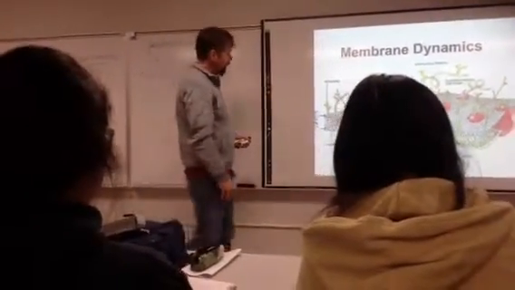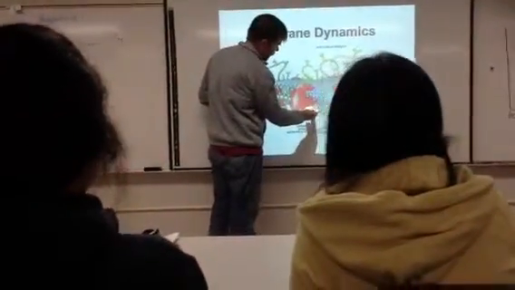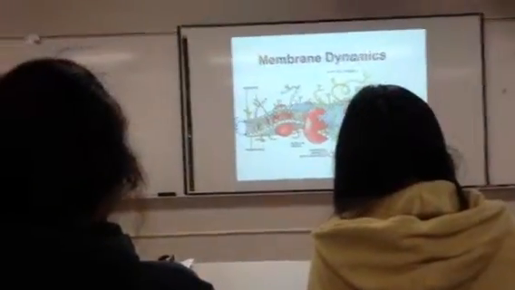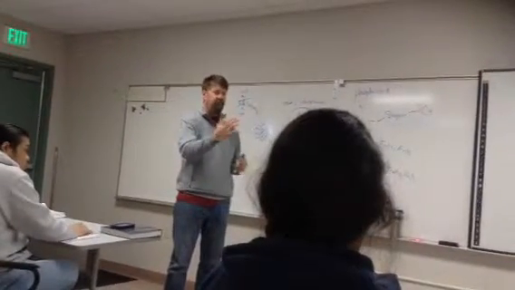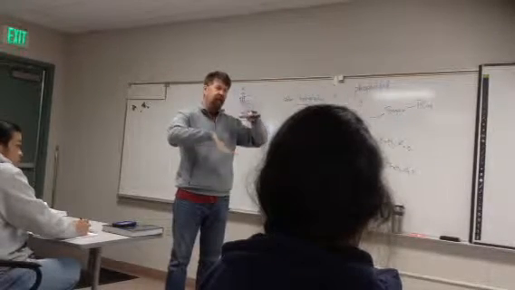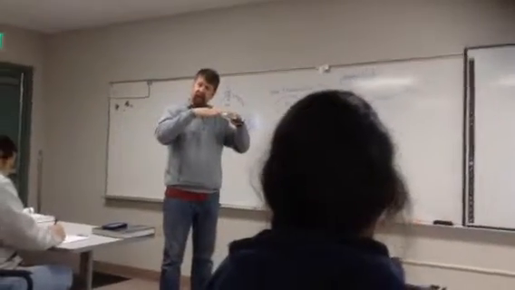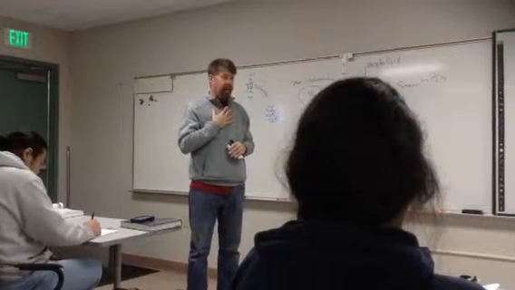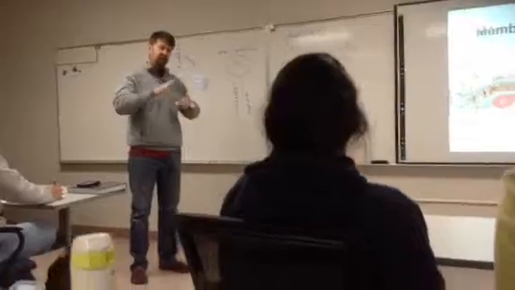Now you'll notice that also in this hydrophobic middle here is another lipid right here, and that's cholesterol. Now, all cell membranes have cholesterol, but depending upon where the cell is, what cell type, they might have more or less. What cholesterol affects is the fluidity of the membrane. Under certain temperatures, it makes the membrane more flexible, and under other temperatures, it makes it more rigid. It depends on temperature. For our bodies, because of our constant higher body temperature, adding cholesterol to a membrane makes it more fluid. It makes it